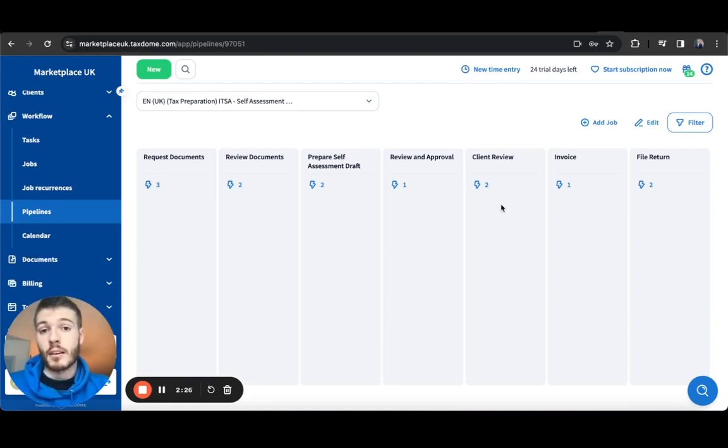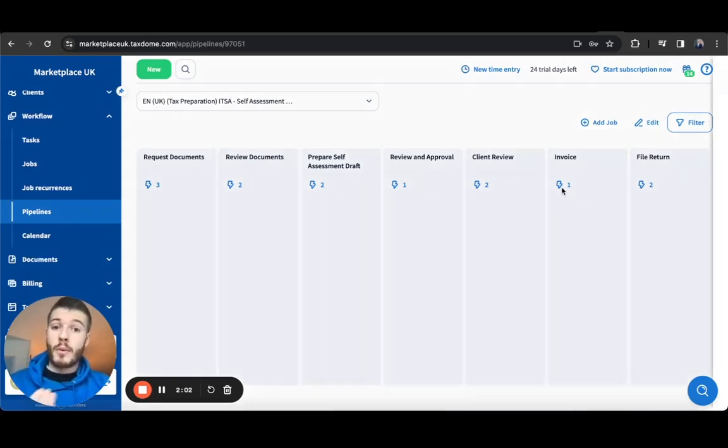To send it to the client for review, you need to simply create a chat which is external to this pipeline, and link it to the workflow and job so TaxDome knows that those two elements are linked together. Once you've done so, when the client logs into their portal, reviews their tax return and is happy to proceed, they'll mark a client task in that chat. Then that job will move to the next stage of the workflow, where we have an invoice that's going